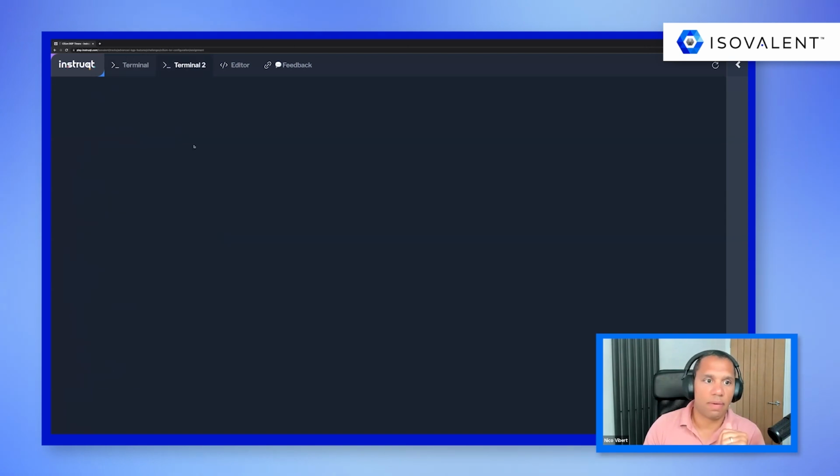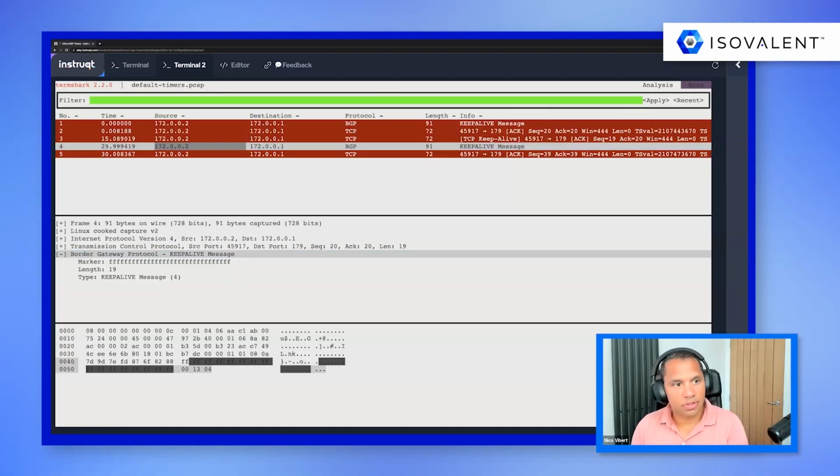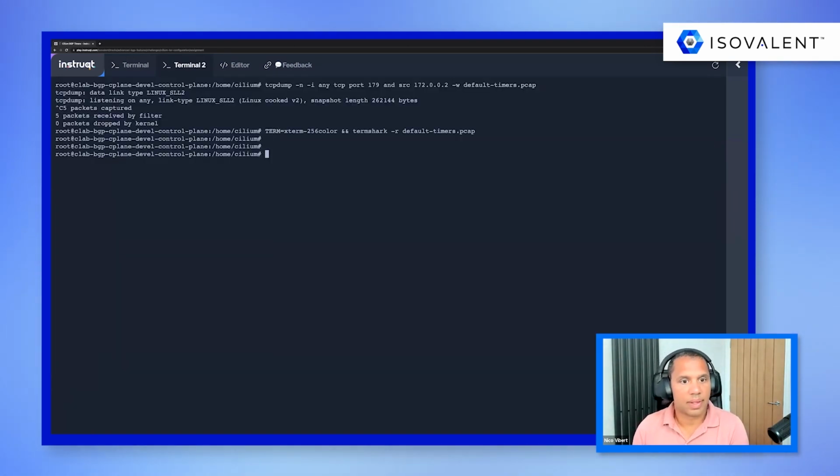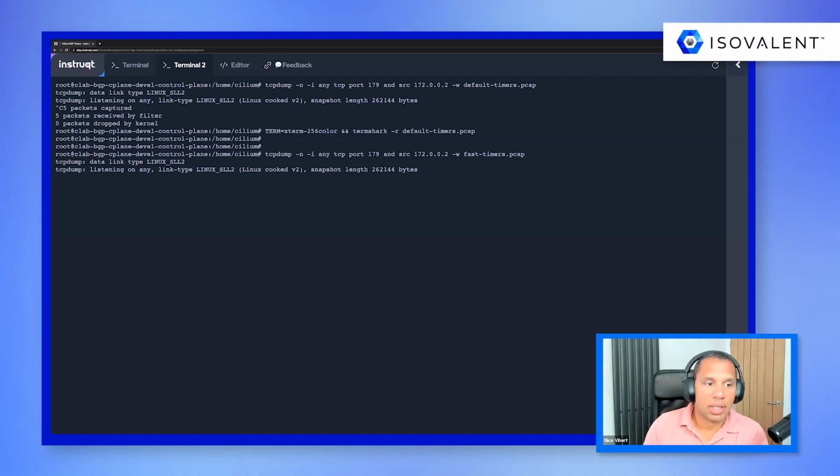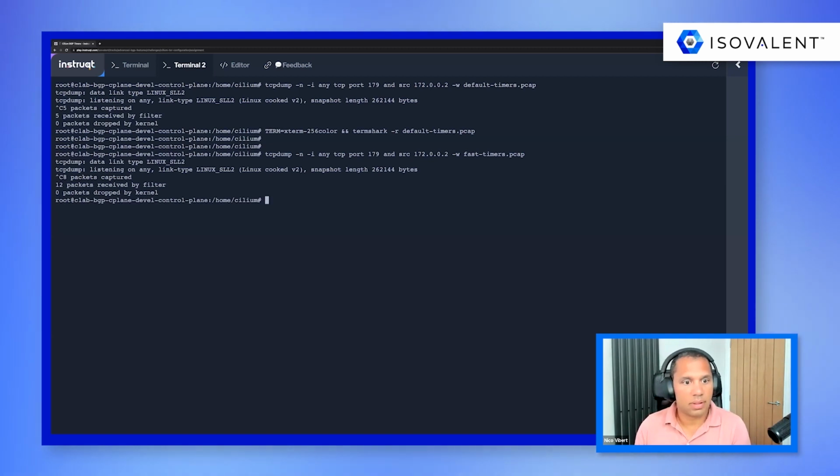But again, let's just verify using a packet capture. We're going to this time save it into a file called fast timers. And again, because we've reduced the timers, it should just take a few seconds for us to see multiple keep alives. And go.